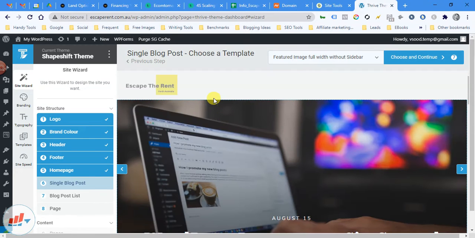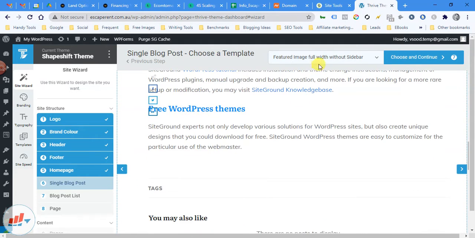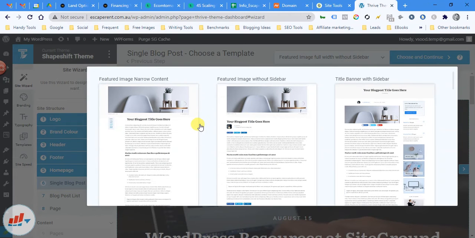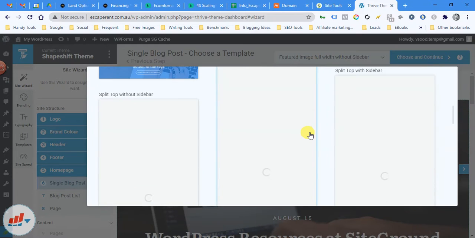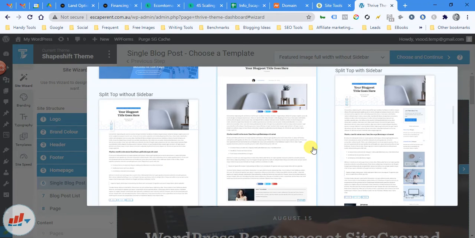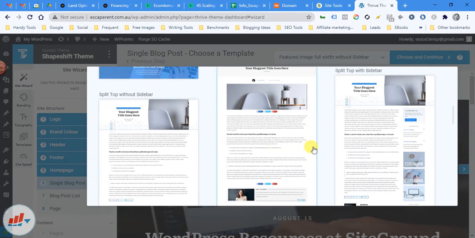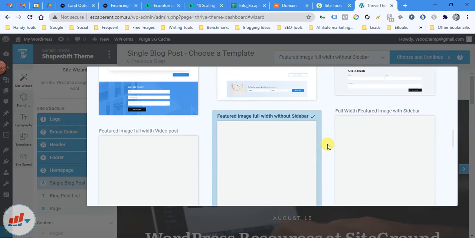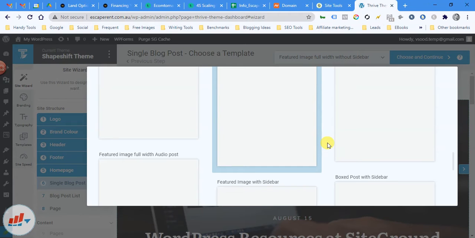And now how does the blog page look? We can again get different options for how we want to show our blog page here. It depends upon you, like single blog page, how do you want to show it? So you are getting so many options.